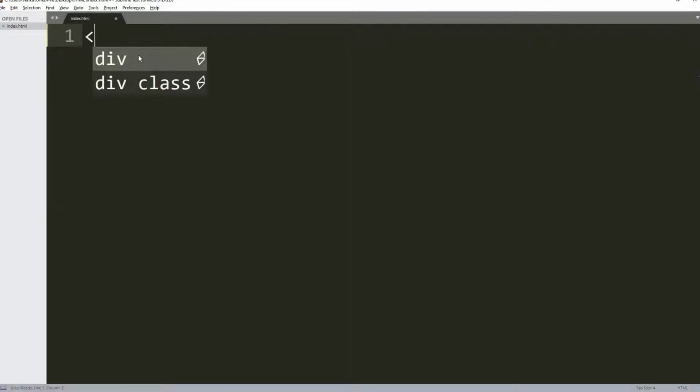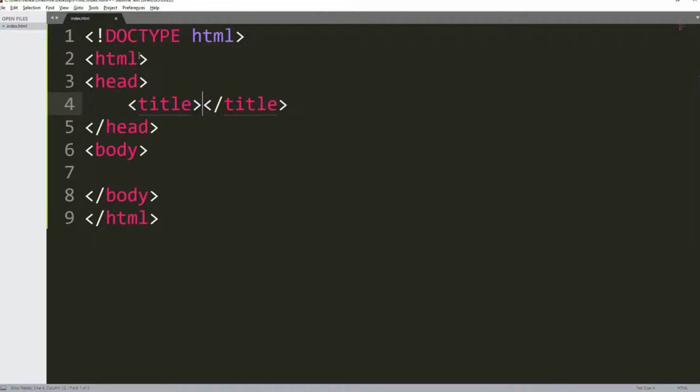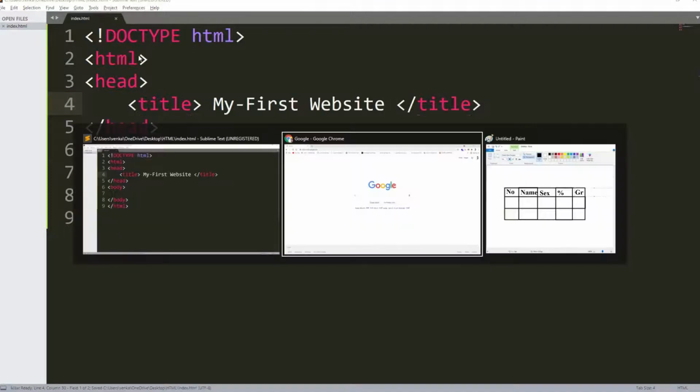So let's type the basic version of HTML. It will automatically create a skeleton-like format for me. And I'm using the first tag as html. In the title tag, let me type "my first website". So, my first website. When I save that,